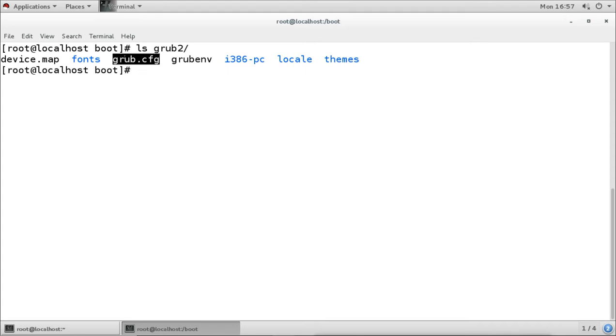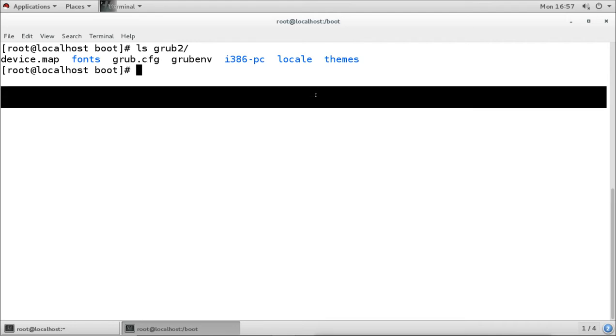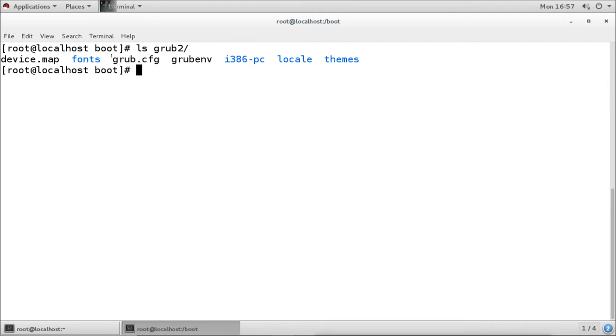So this is the file which is going to be loaded, and this file presents the menu entry. Menu entry means when we start the system, we see the entries of the two or more operating systems, the kernels we have, and it waits for 5 seconds by default. If you don't do anything, it will start the first entry. You can see the entries in this file.